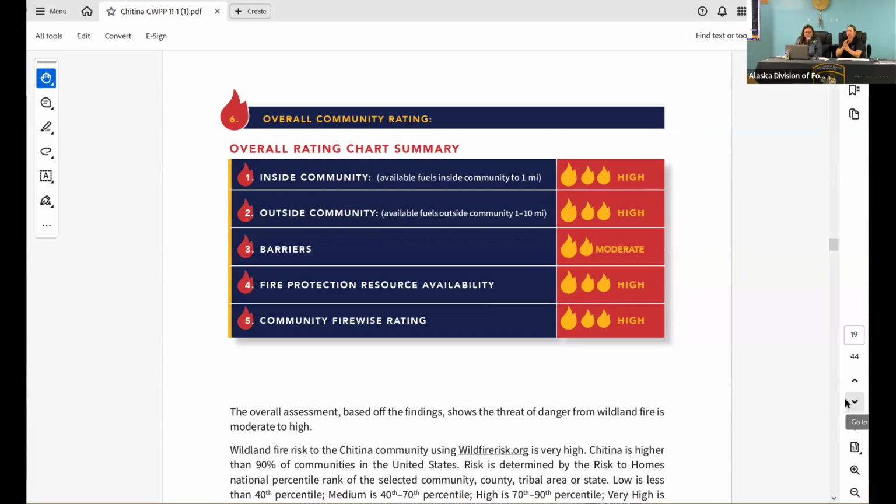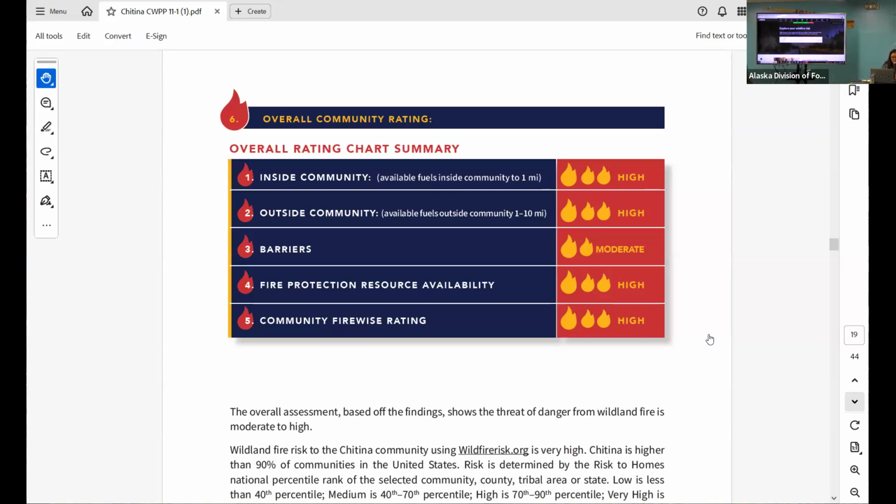Okay, so wildfirerisk.org. Let me just pull it up again right here. This is a free and easy to use website. It has interactive maps, charts, and resources to help communities understand, explore, and reduce wildfire risk. We did use this as part of our component for the risk assessment for the community. It's as easy as clicking on explore and typing in your community.